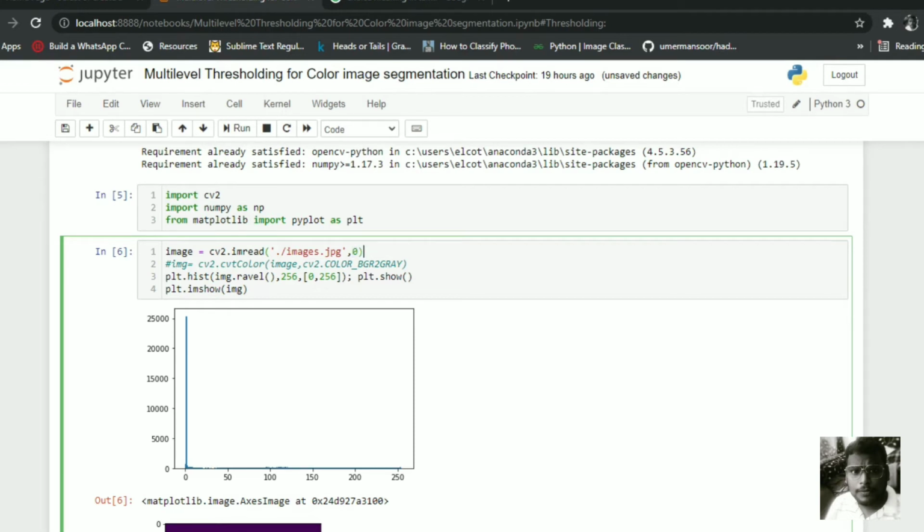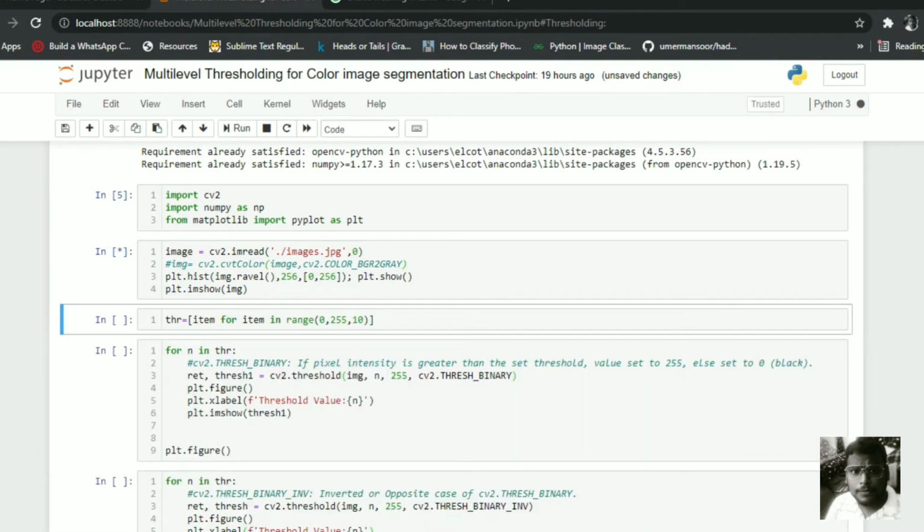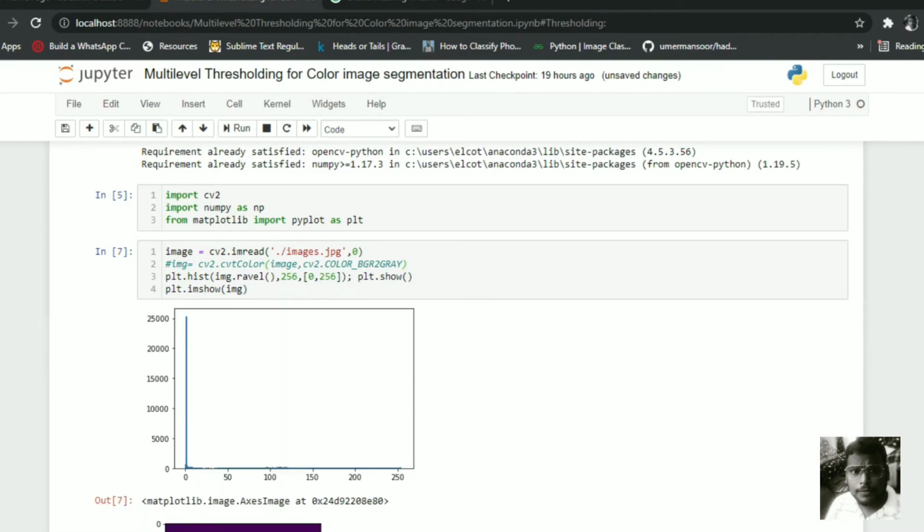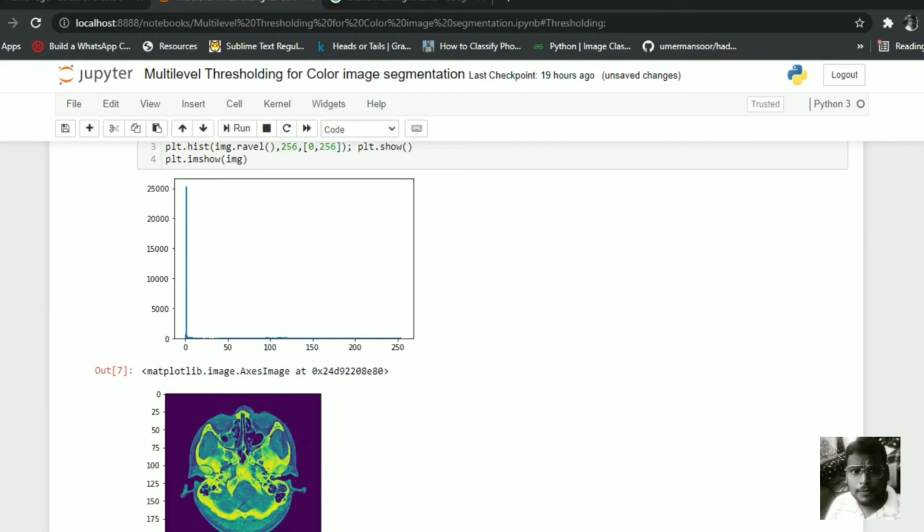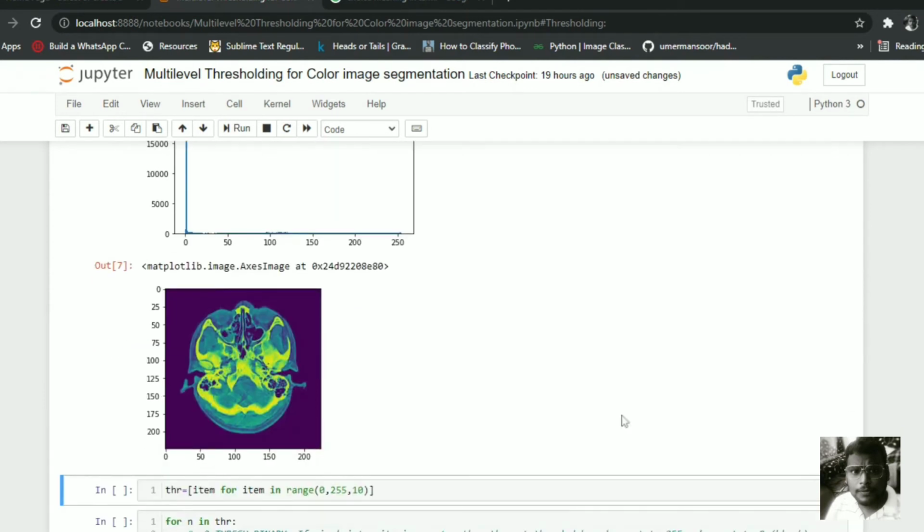We can use this method or the method below, and both results are the same. Here I have taken the skull image.